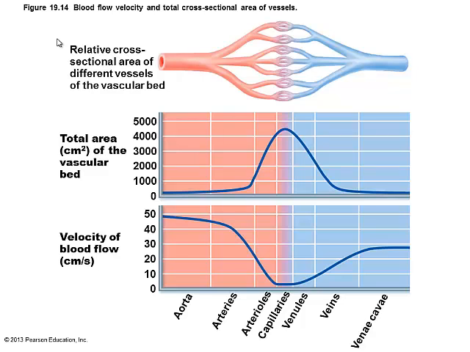What's the greatest total area? The capillaries as well. So when the area increases a great deal, the speed is going to come way down. That makes sense, because what do I have to do in the capillary beds? It's the exchange place. I want to go as slow as I possibly can so I can exchange wastes and nutrients